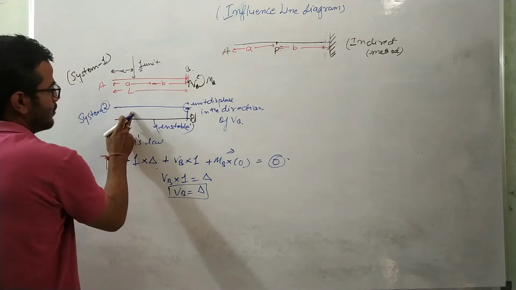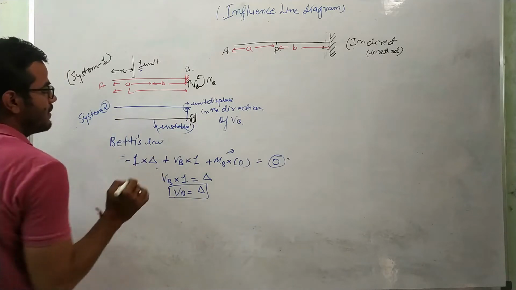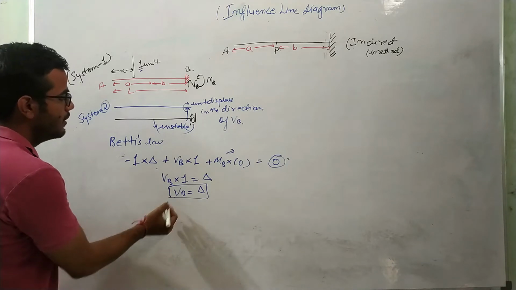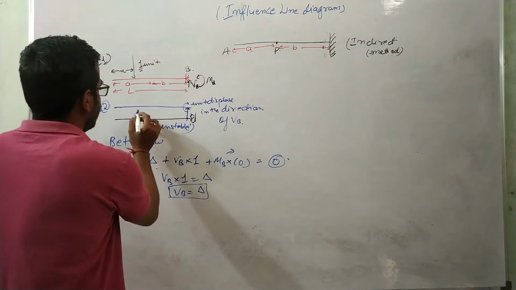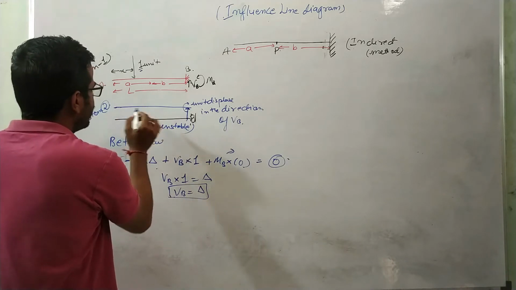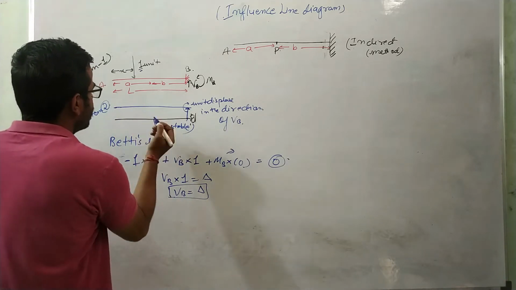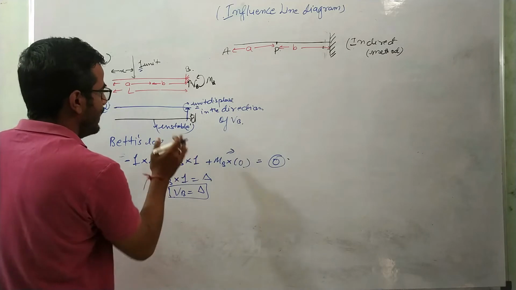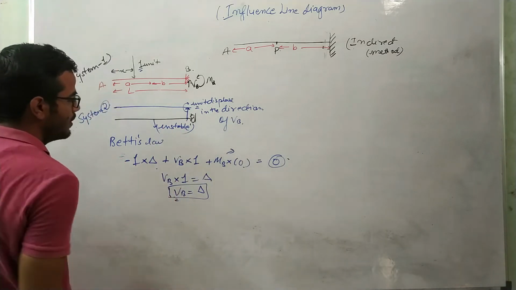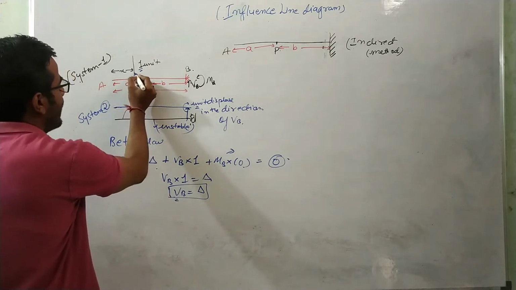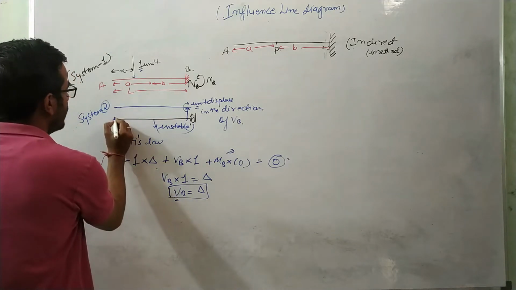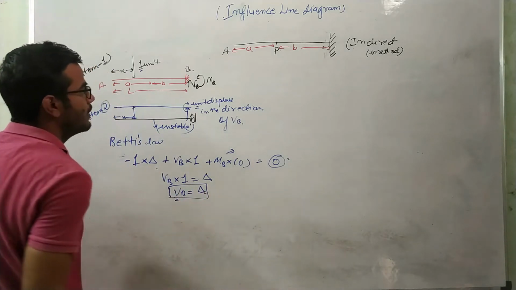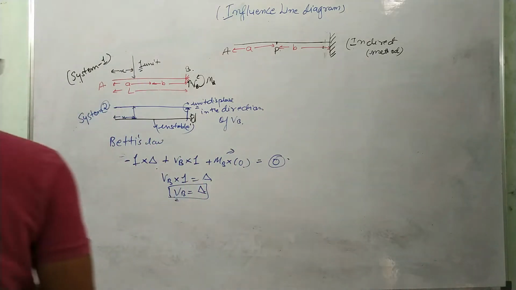So VB equals delta means what? This is the deflection, the ordinate of the influence line is equal to the displacement ordinate of the elastic curve, when we have given the unit displacement along the direction of the corresponding reaction. So if you want to find, when the unit load is acting at this point at a distance x, what will be the VB? VB will be nothing but, at a distance of x, the displacement coordinate. So VB is equal to the displacement coordinate, right?